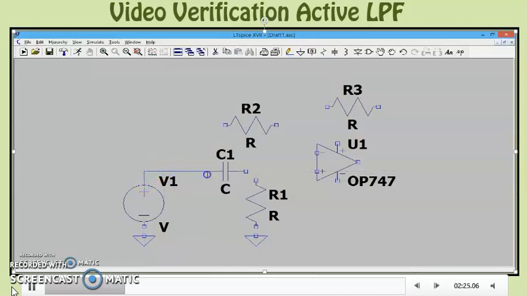First of all, we'll be connecting this voltage source to the capacitor and to the resistor R1 and the op amp non-inverting input.